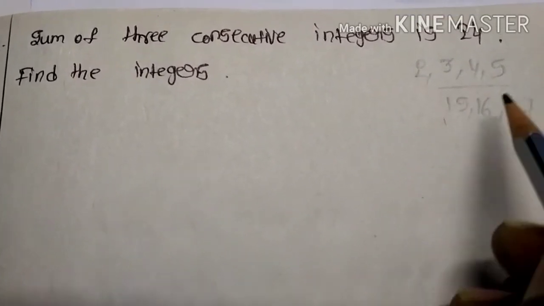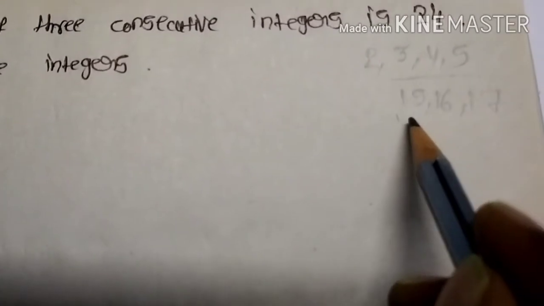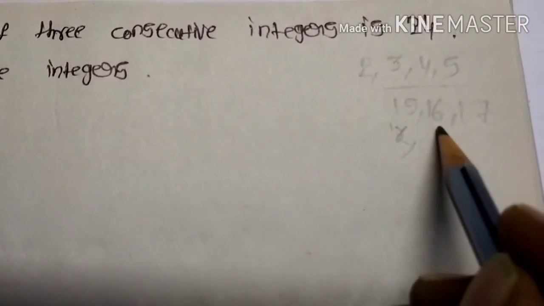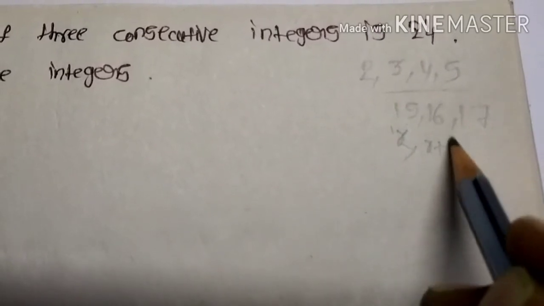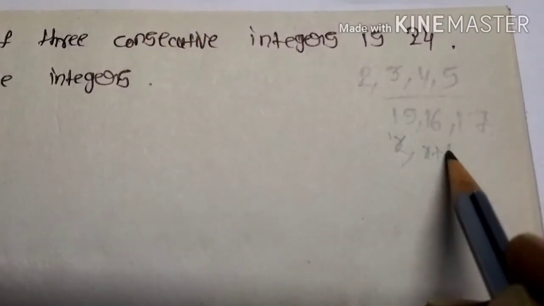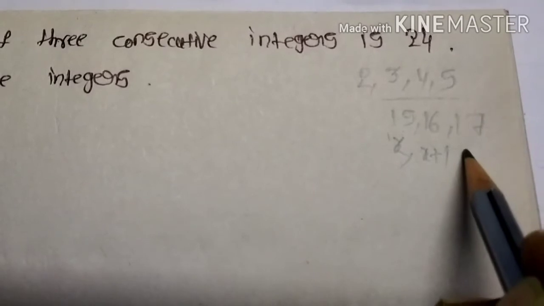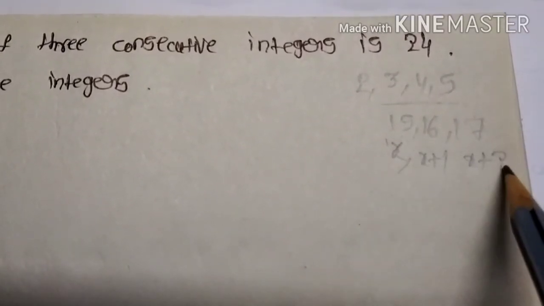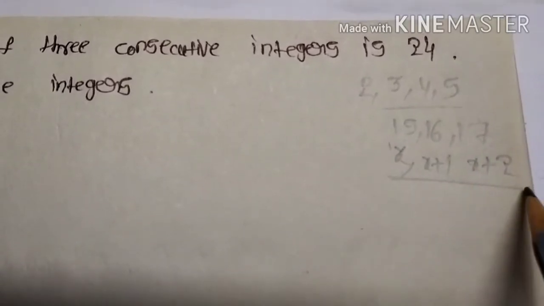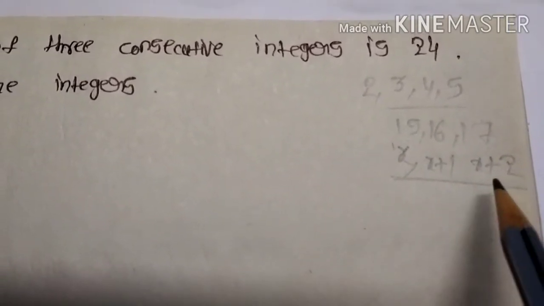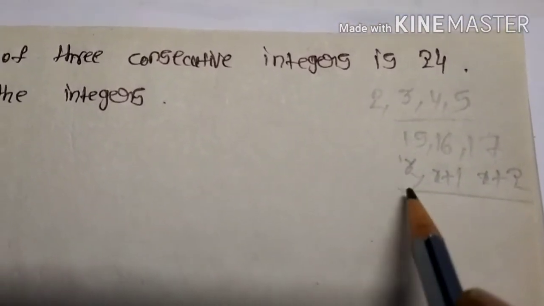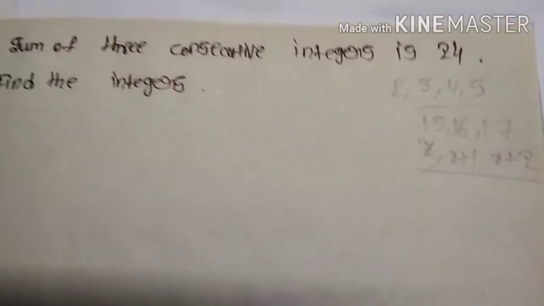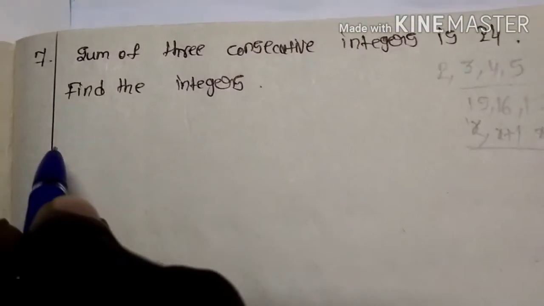Once you can see here, if I am taking first number as x, next number should be x plus 1 or not? Yes or no? 15 plus 1 is 16 or not? If I am taking, next number should be x plus 2 or not? See, 15 plus 2 is 17 or not? That means 3 consecutive numbers can be expressed as, simply to remember, x, x plus 1, x plus 2. See here, now you can see here solution.